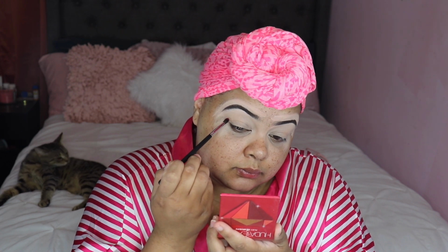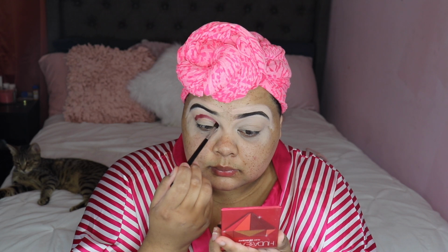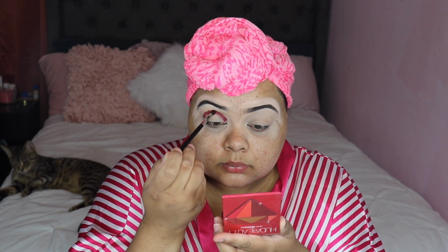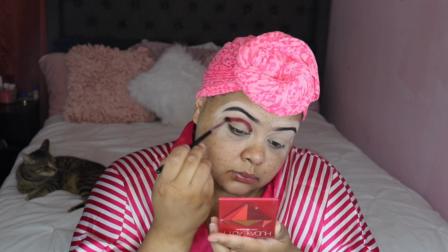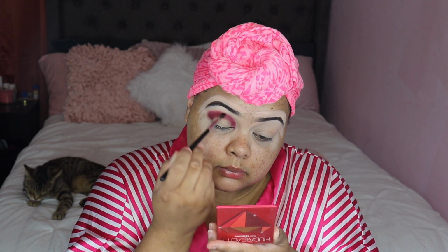There we go. And what I'm going to be doing is taking a small pointed crease brush, and I'm not going to blend out just yet in the very beginning. What I'm actually doing is placing the color exactly where I want it. This brush is really good, it's from Morphe, for doing that when it comes to your crease. As you can see, I'm not blending just yet. I'm just packing on the color, and now I'm going to start blending out the color,